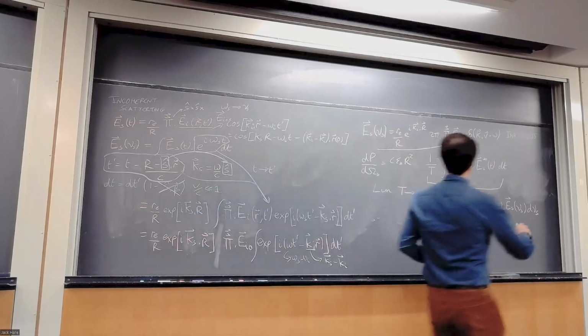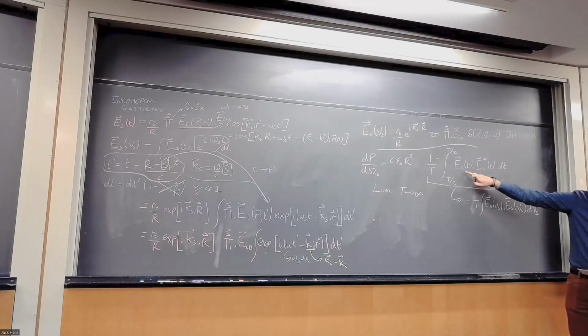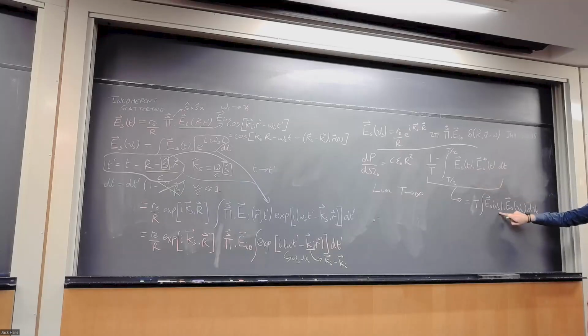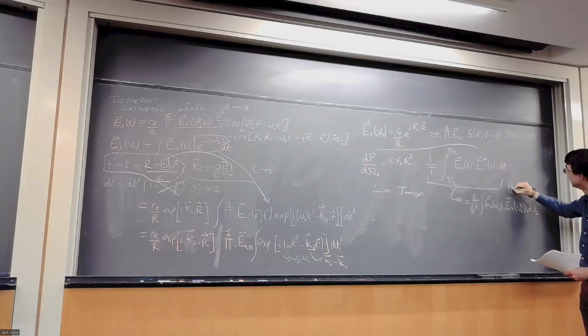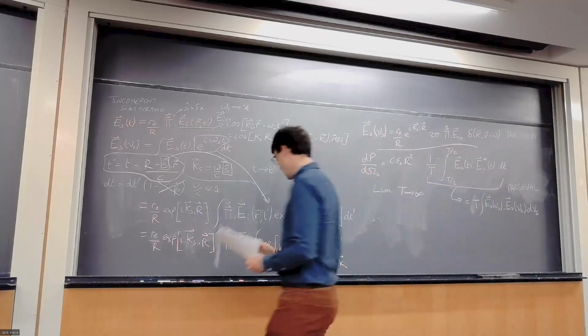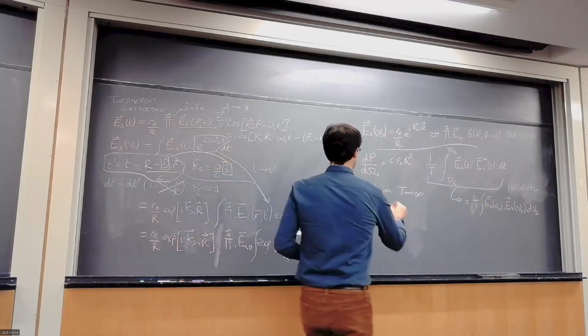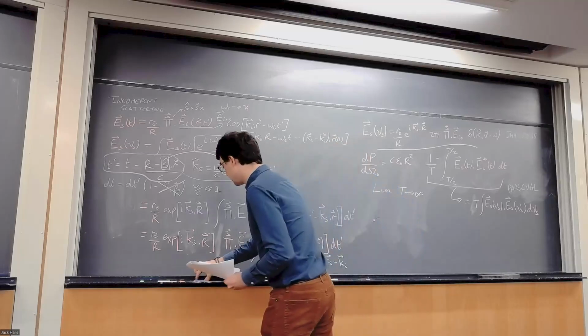Okay, so here we want to be able to evaluate this function, but we don't actually have a great expression for ES as a function of time. We do now have a great expression for ES as a function of frequency. So we use Parseval's theorem to convert between the time power spectrum and the frequency power spectrum, and that means we can now write down our scattered power